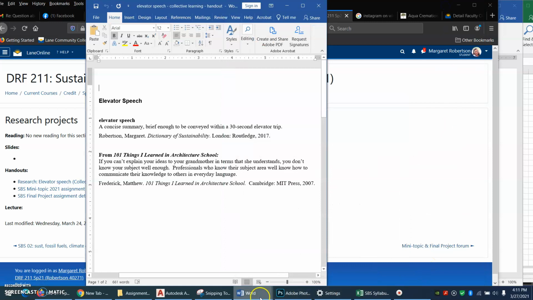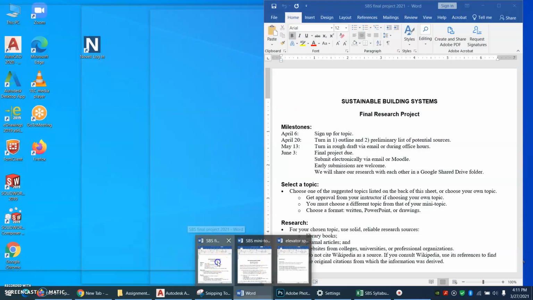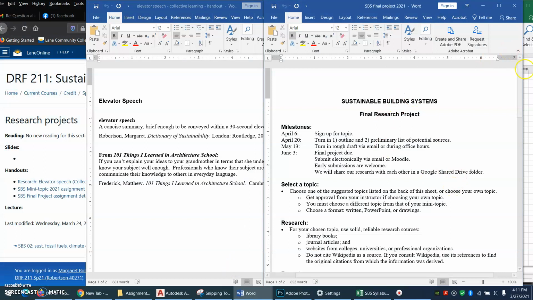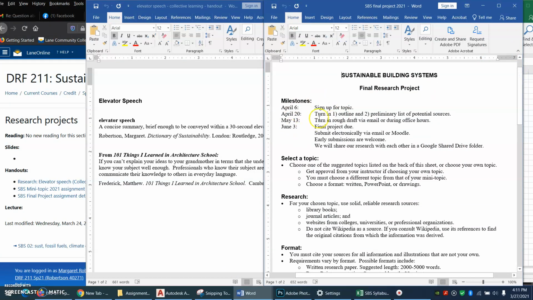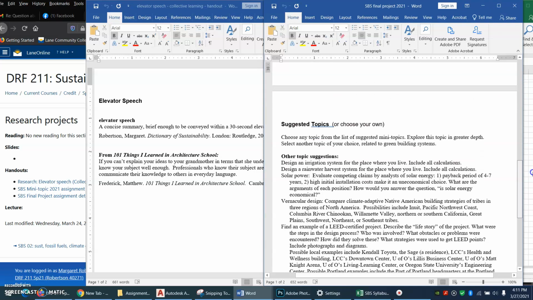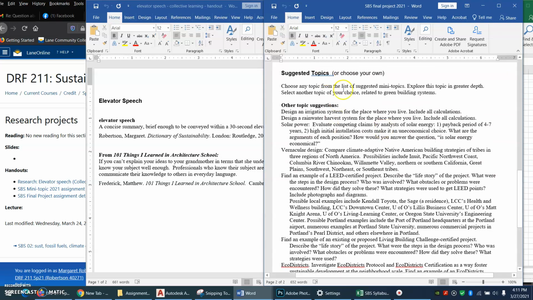Now, the final project is bigger, and it has some milestones, some timelines here. Again, you're going to sign up for your final project by April 6th. Select a topic. So look at the list on the back of this sheet, and the first thing it says